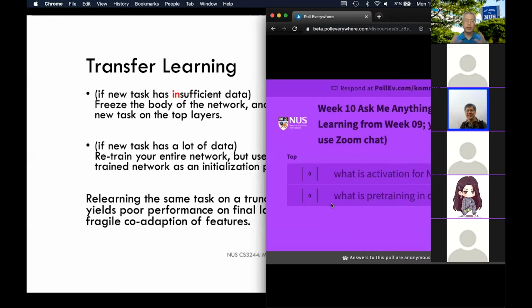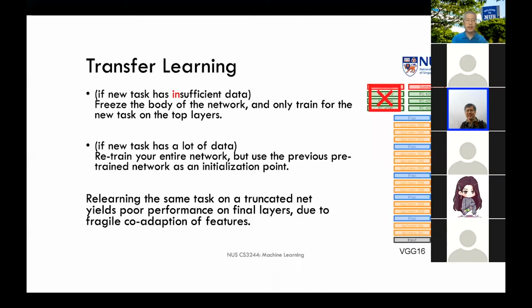Basically, taking another task, which is the beginning network here, and using it to start or initialize the weights of a neural network. So we're just going to say that this network over here, instead of starting with random values, is going to start with the pre-trained values,